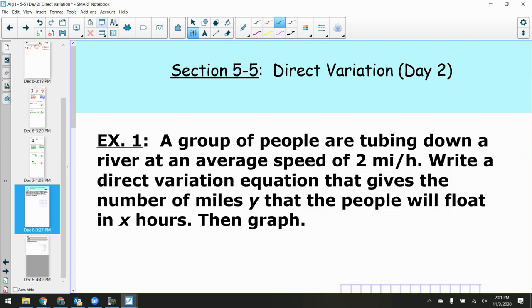A group of people are tubing down a river at an average speed of 2 miles per hour. Write a direct variation equation that gives the number of miles y that the people will float in x hours. Guys, I didn't really even need to tell you it was a direct variation. Because if I just said, I'm floating down a river at an average speed of 2, what would the equation